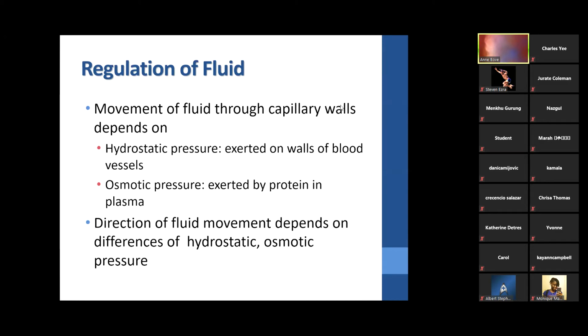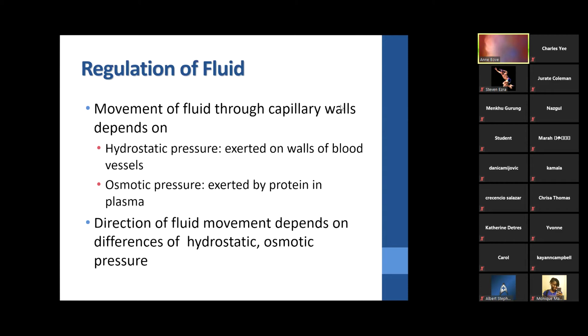In terms of osmotic pressure, it has a pull to pull fluid. So an example of something that has high osmotic pressure that you'll see administered in the clinical area is albumin. Albumin is a protein, and it will pull fluid in, and very often